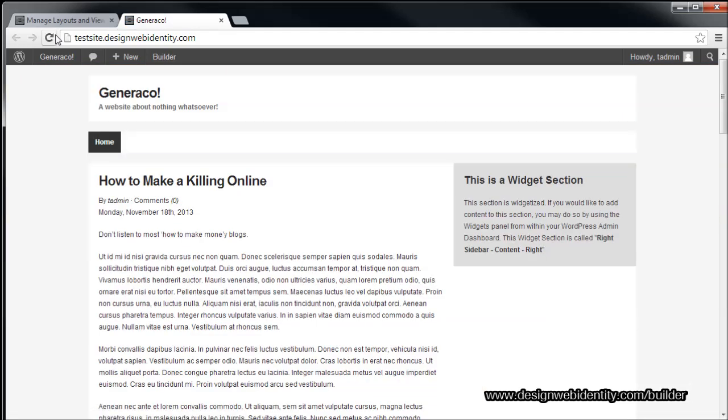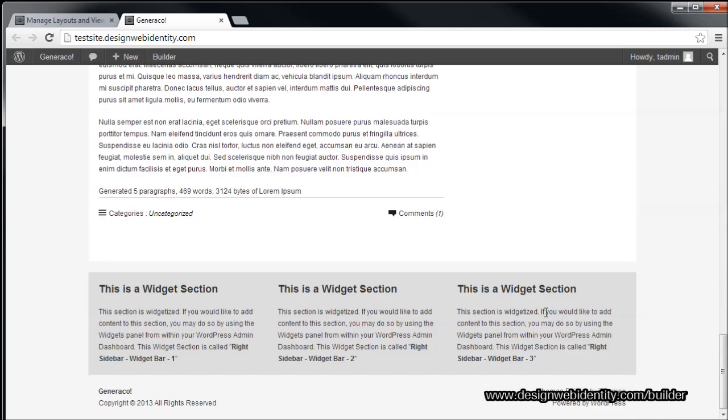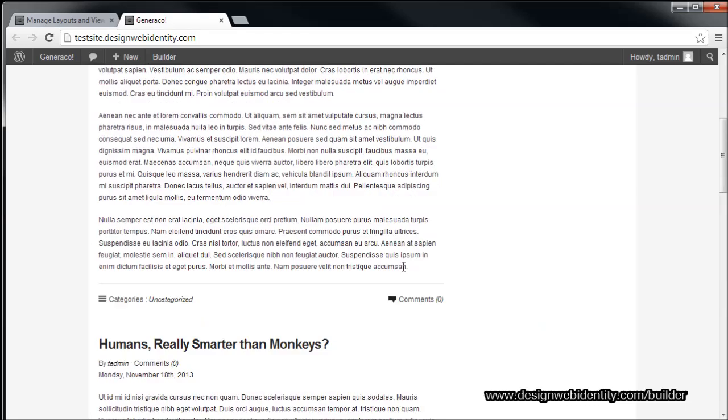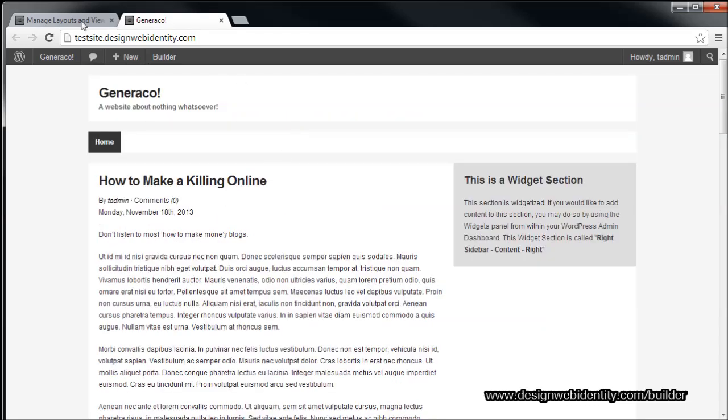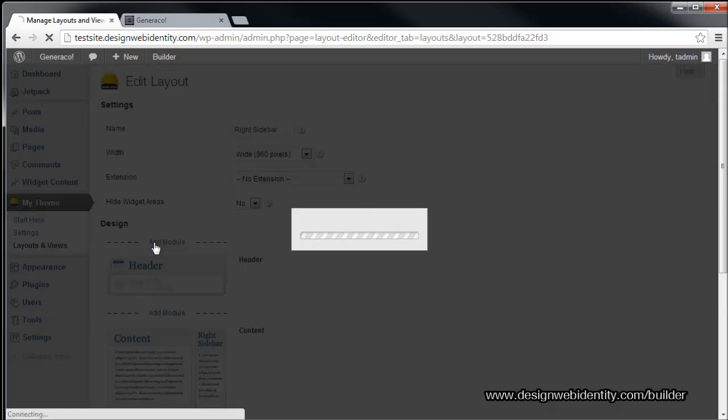And you'll see, just like there, we have a header, navigation bar, content with a right sidebar, widgets, and a footer. So you sort of get the idea. As it's shown here is exactly the same order as it is shown on screen here. So hypothetically, if I were to remove the navigation and add it at the top,